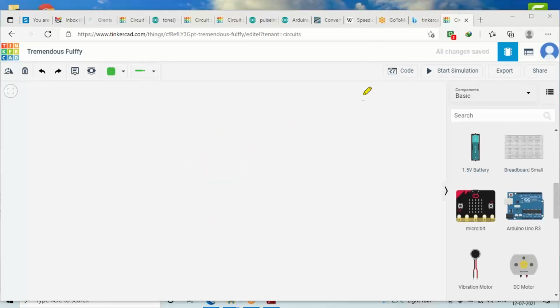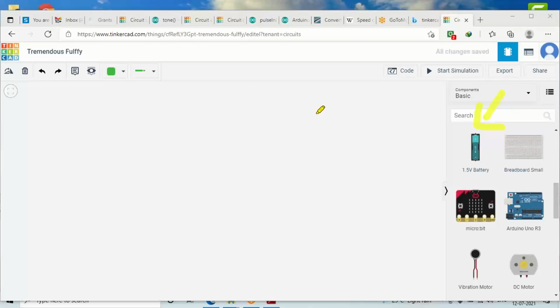Okay, so if you want to create your project, you can see there is a search box here. In this search box, whatever component you require, you can search for it and then drag and drop it here. Like the first one I told you, we'll be doing the very basic one, that is the light intensity control bulb.